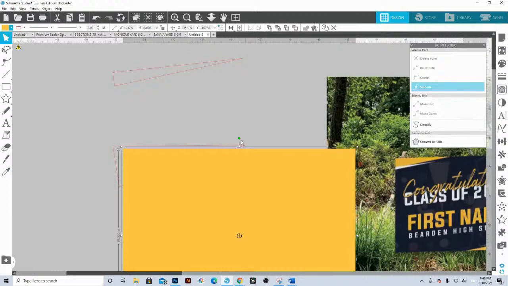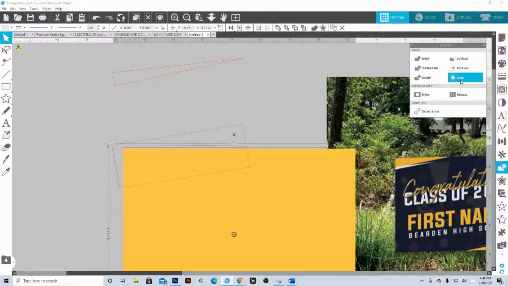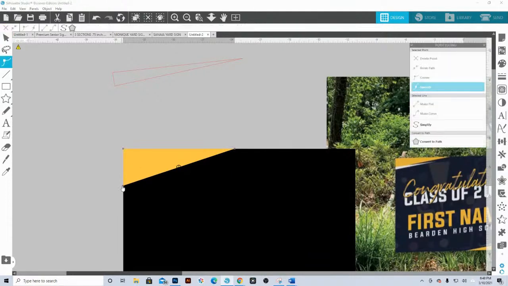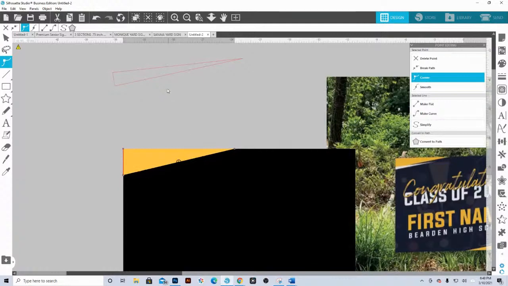Then we're going to hold down Shift, click on the triangle that I made there, go over to modify and crop. So that's going to give me that shape. I kind of want this to go up a little bit more. So let's do that. Then let's take this one,